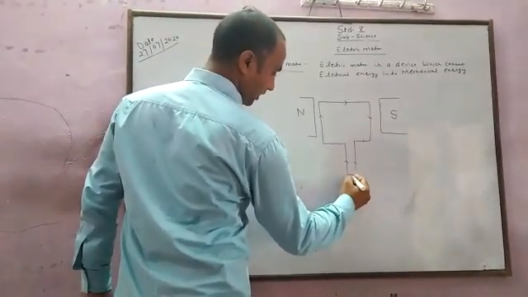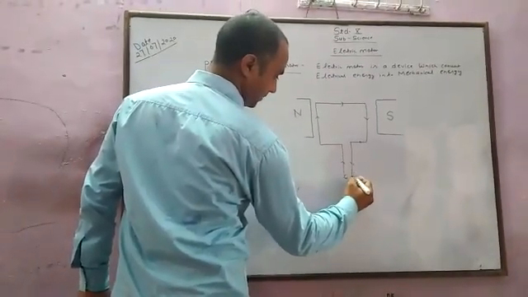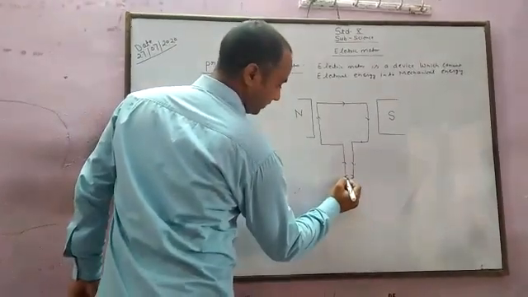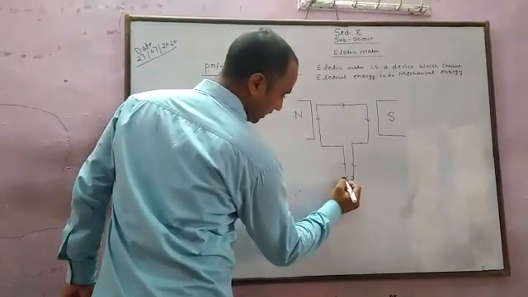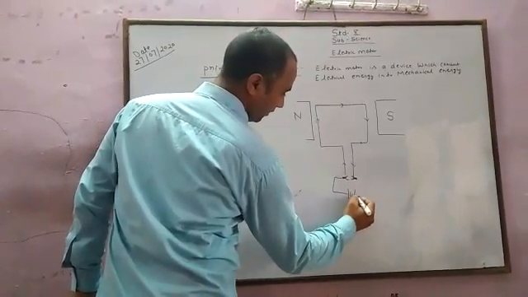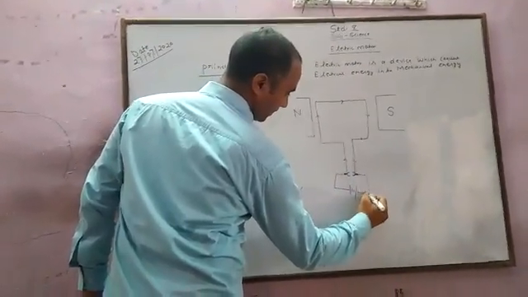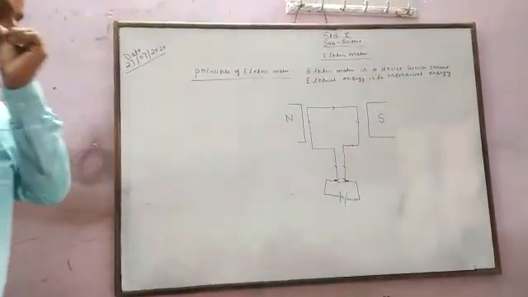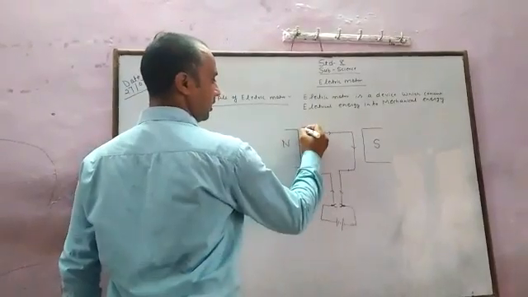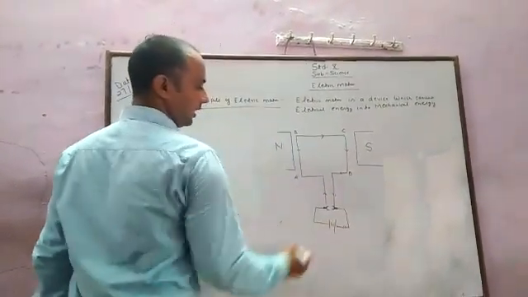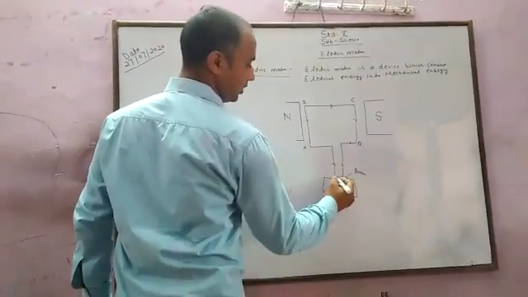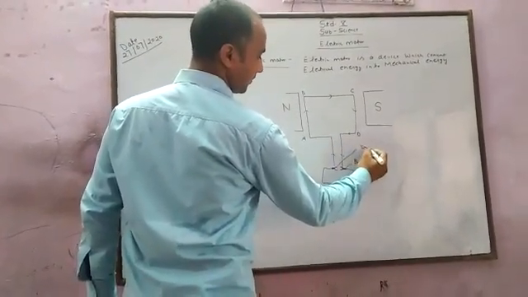And this system is now connected to two semicircular rings. And after that, one brush is connected to this, and this system is all connected to the variable source of batteries. This is the basic principle, basic construction. This is our N pole and this is our S pole. Suppose this is a conducting loop ABCD, and these are brushes. There are two brushes. These are semicircular rings.